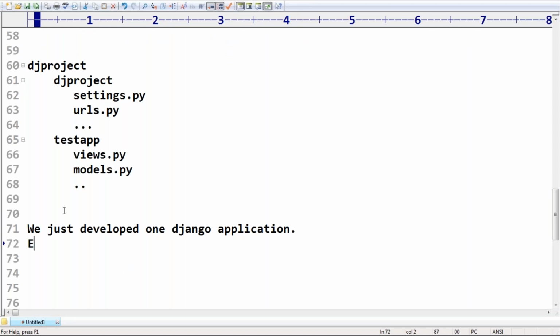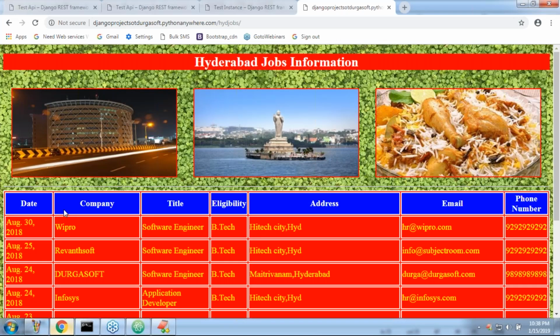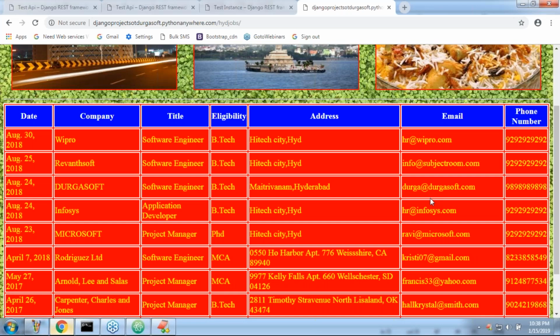End user happily can use our application. Correct or not? If any user sends the request, is the jobs information displaying or not? Yes, no problem at all. Now,